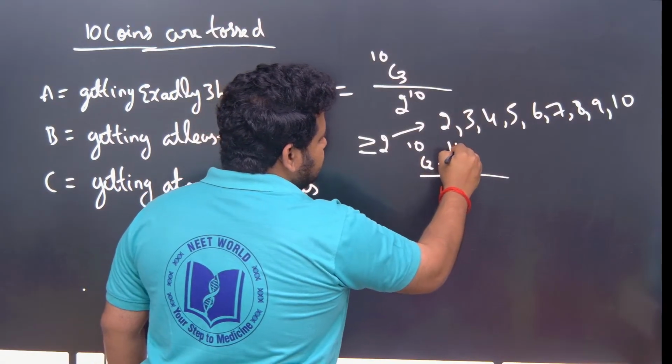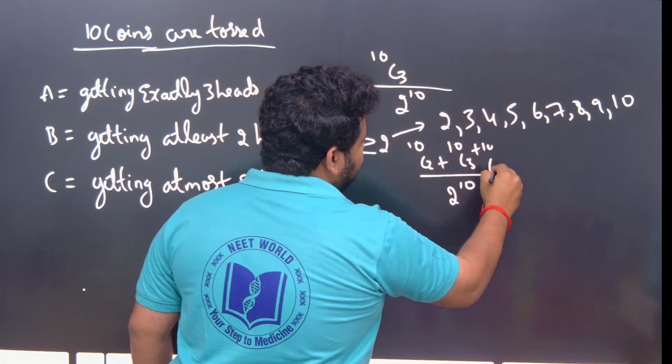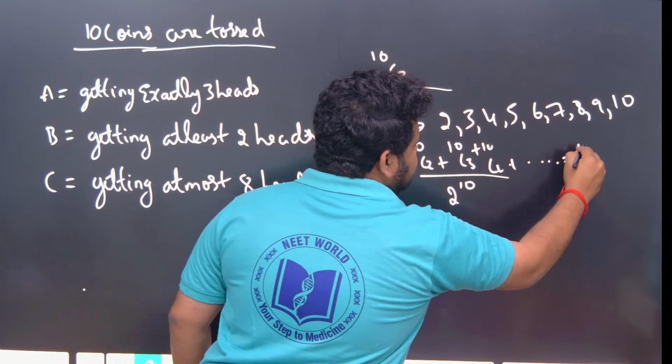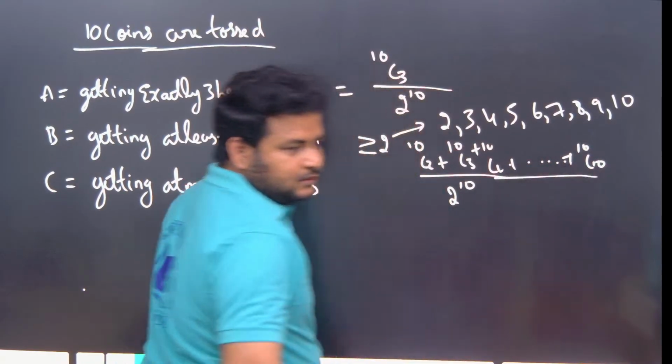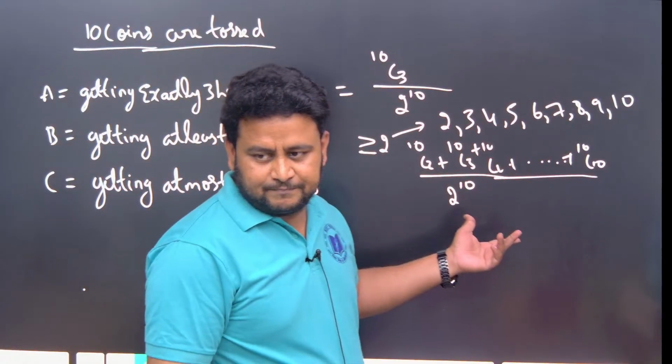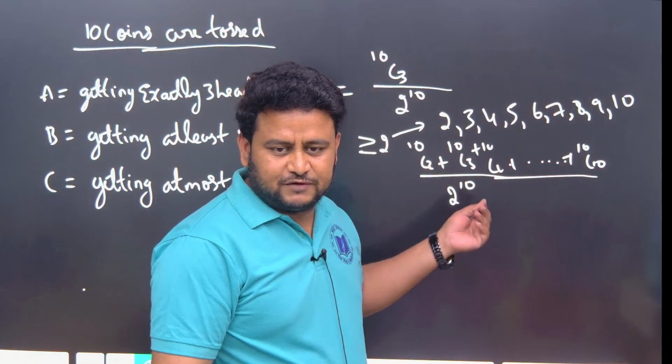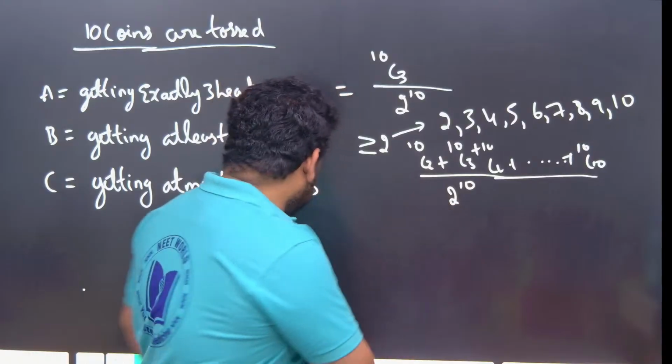10C2 plus 10C3 plus 10C4. It will go on up till where? 10C10. It will go on like this. Okay, and solving this takes a lot of time. We don't have that much time. So instead of this, we will use a shortcut method, that is we will use the